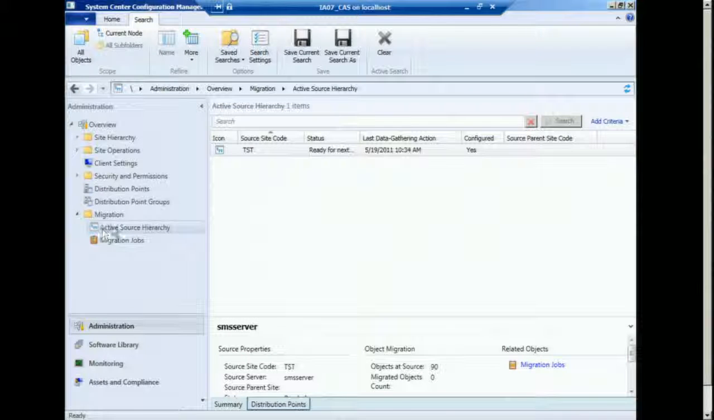But this is where I would go to the site code. TST is my 2007 site code, and I would set up the mapping of child sites from my central site over to the 2012 environment. But here what I could do